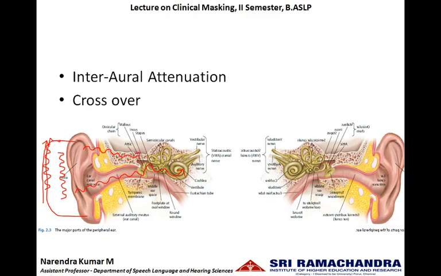Once this bone conduction hearing is induced at a higher intensity, not only the cochlea of the test ear but also the cochlea of the non-test ear gets stimulated through bone conduction. This is what crossover means. And the amount of energy needed to initiate this bone conduction hearing is called interaural attenuation. So we need some amount of high intensity sound using supraaural headphones to induce this bone conduction, and crossover will take place at this particular point.